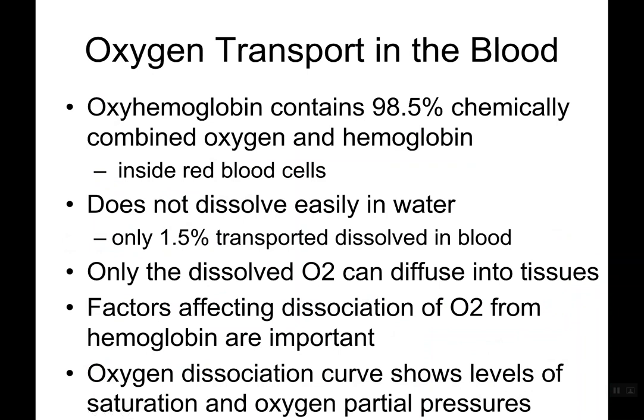Okay, so let's talk about oxygen versus carbon dioxide transport in the blood. Oxyhemoglobin, which is HbO2, contains 98.5% chemically combined oxygen and hemoglobin, and this exists inside red blood cells. Now I'm highlighting and circling and underlining inside because remember,